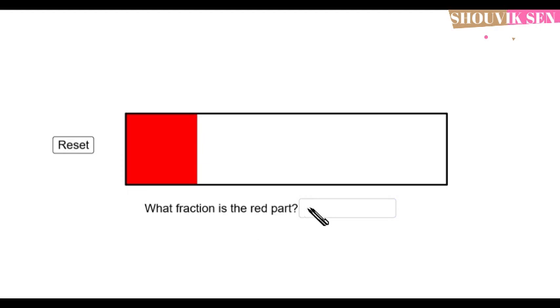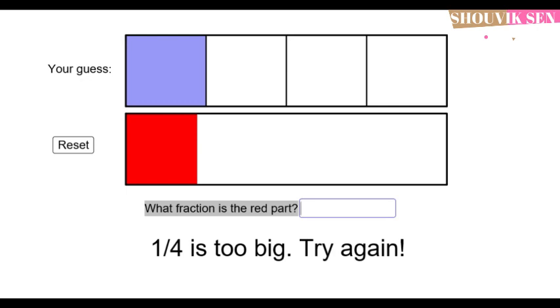And for this, it will be how much? 1 by 4? No, 1 by 4 was too big. It should be less than that. As you can see, when we divided the rectangle into 4 parts and we took 1 part, that 1 part is greater than this portion. So the 1 by 4 guess that I did was wrong. What is your guess? You can comment and tell me the answer, or you can text me on WhatsApp, and I'll tell you whether you are right or not for this question. How much part is the red part out of the total?